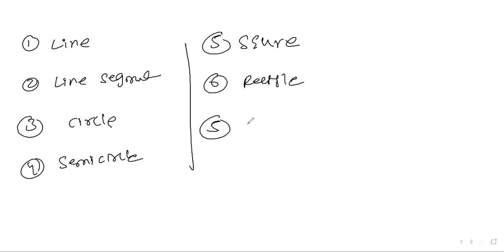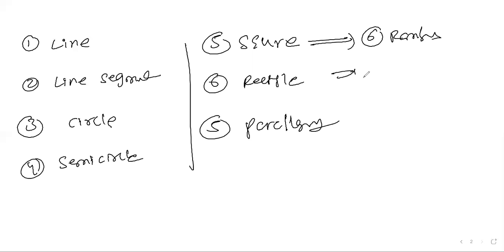Then after rectangle, parallelogram. After the parallelogram, the extension I can talk about here is rhombus. The rhombus extension topic, we have to go for a kite. This is a sequential order. Then after kite we enter into the cube.